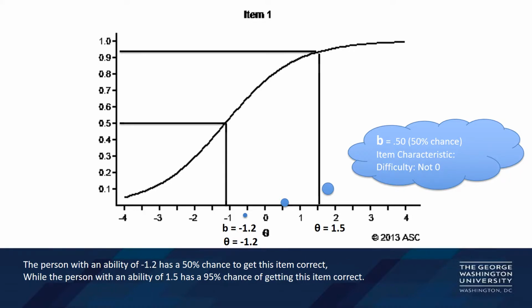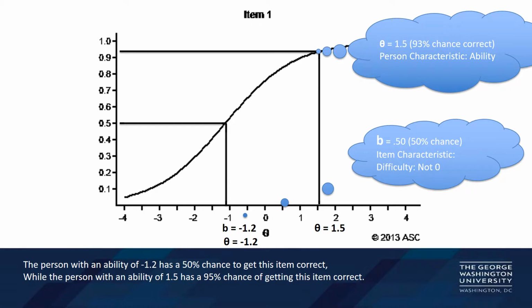So if we have an item which is located at B, its item characteristic, difficulty, it's not 0 this time. If we have a theta of negative 1.2, we still have a 50% chance of getting it correct. But now we have a theta of about 1.5, we have somewhere around a 93-95% chance of getting that item